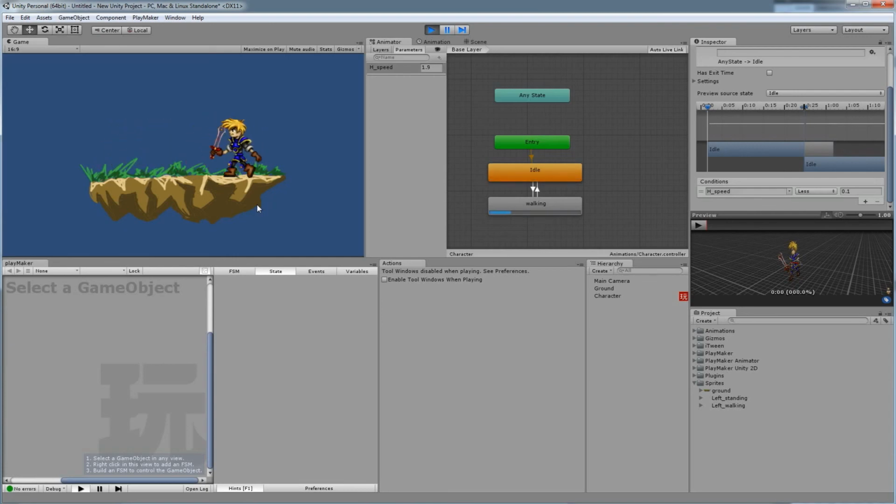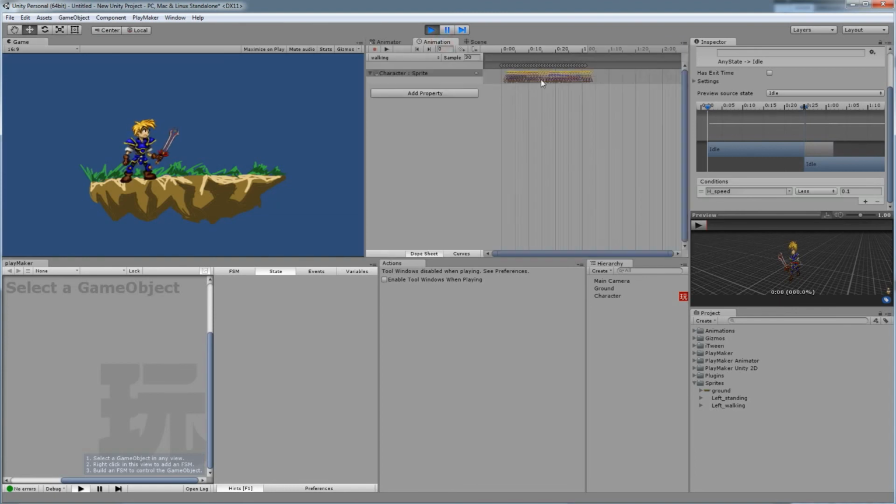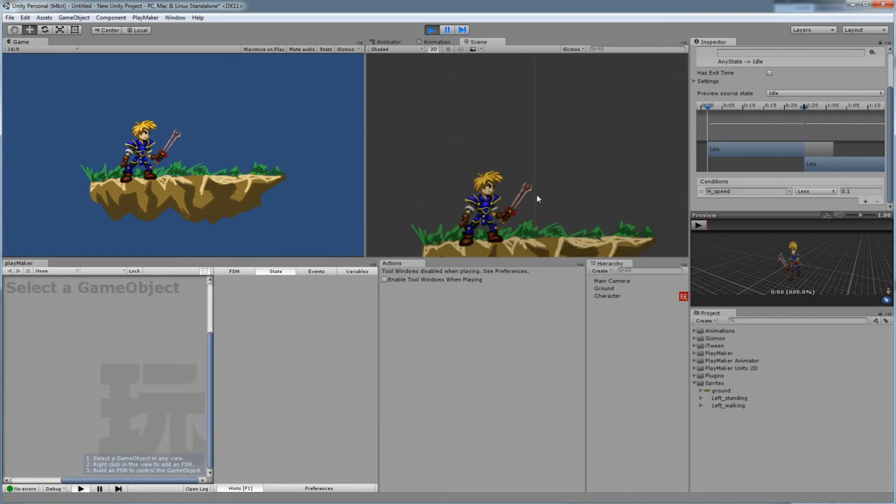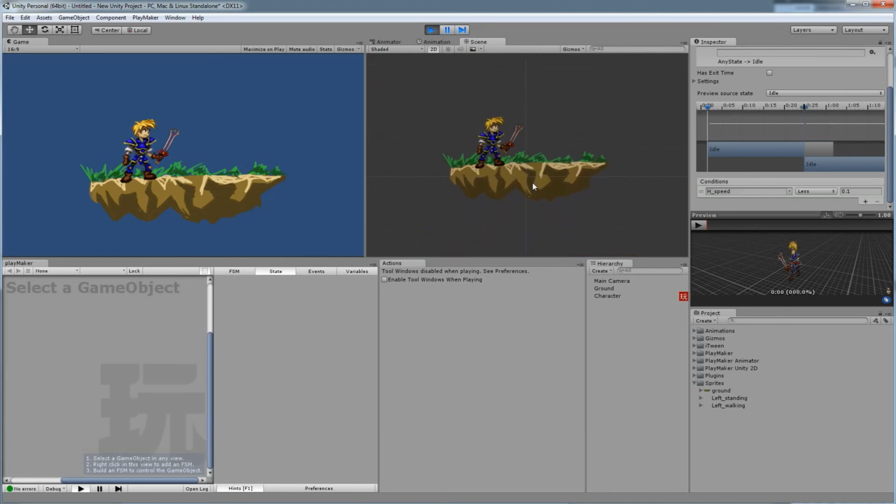Alright, and that about covers how to do this. So one last quick review. We have the animator, which covers all the programming, the animations in there. The animations themselves we've brought in here. We have the scene where we dropped everything in here. We have the object ground that has the collision plane. We have the character who has collision on him as well, and